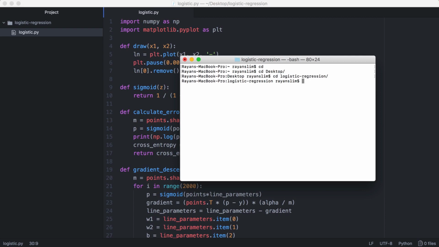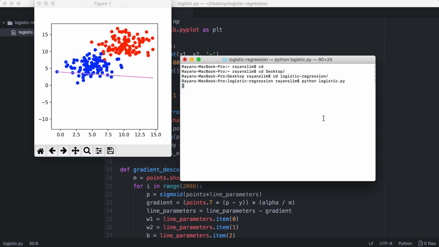That is my project name. And what we'll do is run python logistic.py. And there you go. It started off with a random line at 0, 0, 0, and it uses gradient descent to minimize the error at each iteration, and thus obtaining a new linear model that better classifies our data every single time. To actually stop this, since we're not going to wait 2,000 iterations, what you can do is press